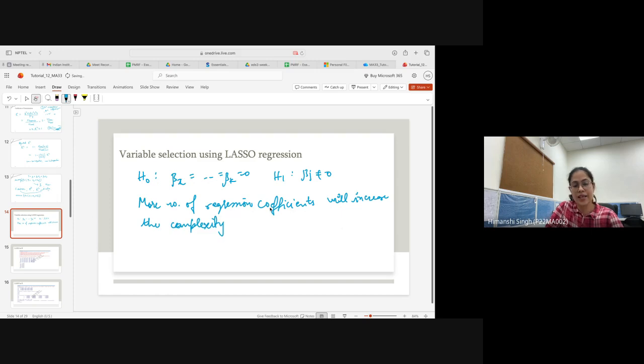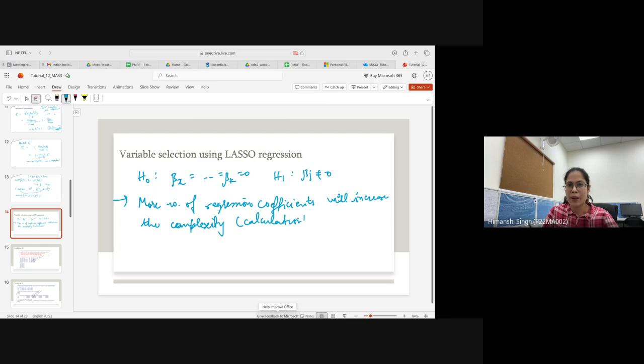Complexity, as in calculations and computations, will become very complex. There can be variables which affect the outcome less, and variables which affect it more. Now we have to decide which variable we want to consider and which variable we do not want to consider. There may be some variables which are not that important to consider in our model, so there is a chance that we can skip them.